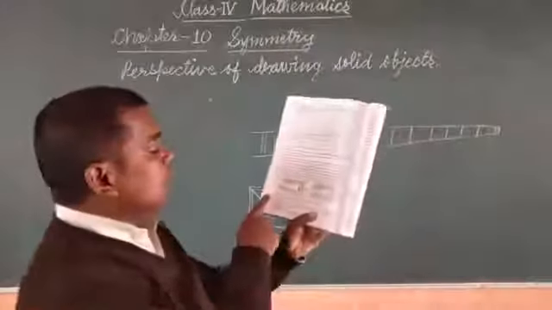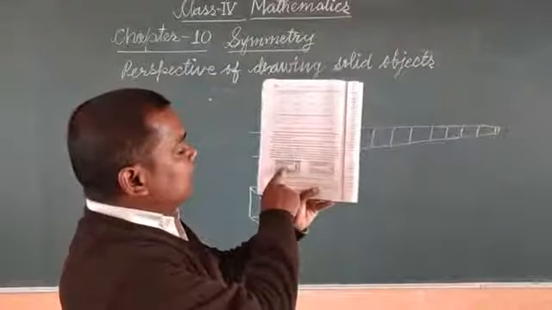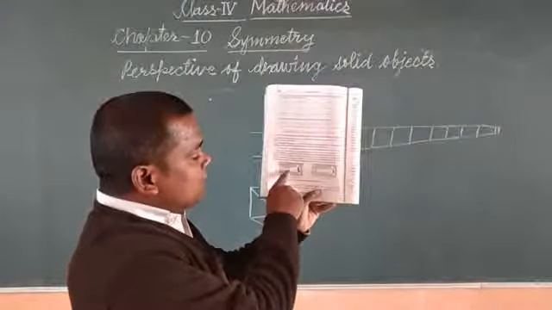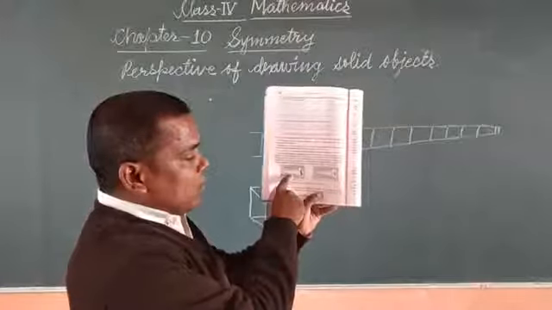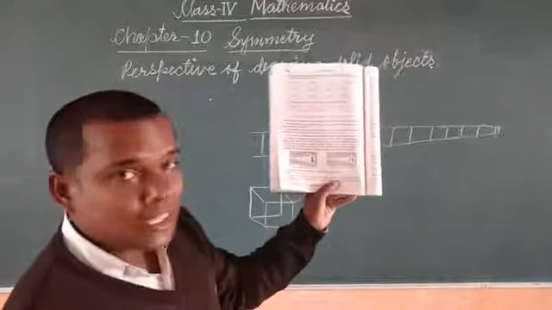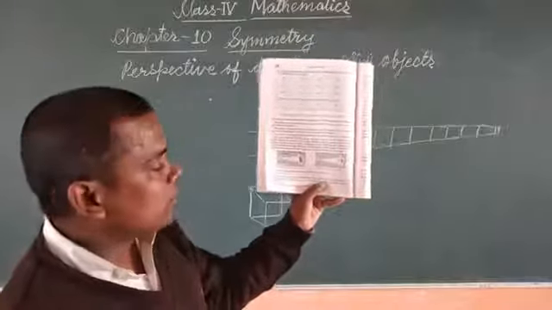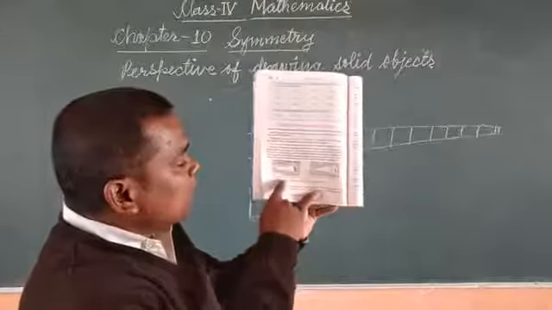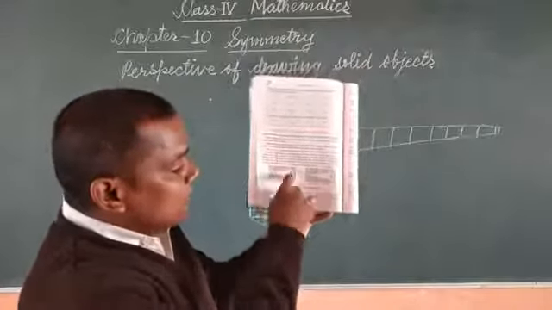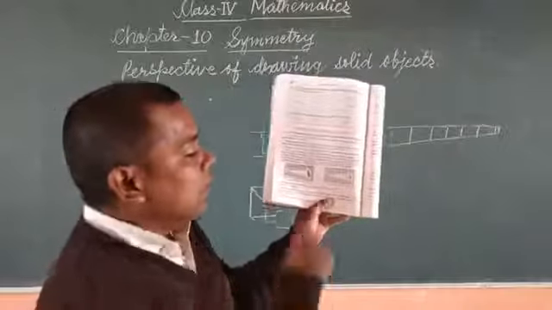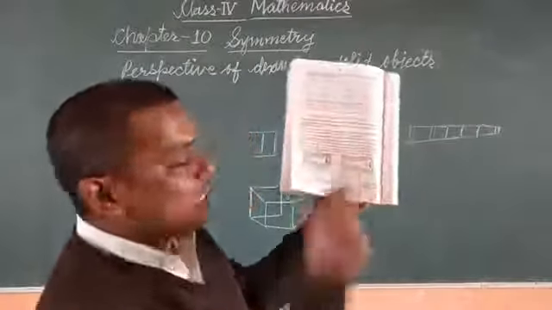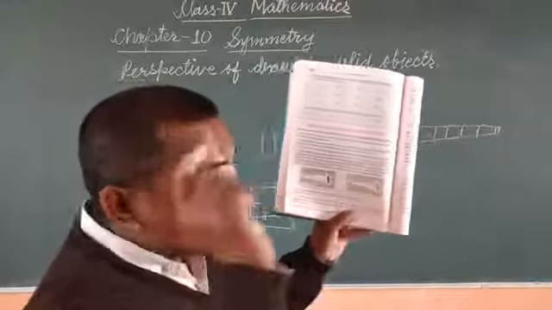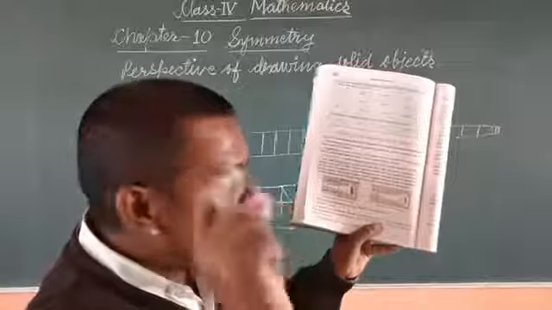Here is the real object and here is the screen. In this case the projector is here, so the hand is near the projector. We are talking about the shadow of the hand. You see, we are seeing a bigger shadow, which means the object is farther from the screen, then the shadow will be bigger. In this case the object is closer to the screen, you see here is the eye and here is the object, so its shadow will be small.